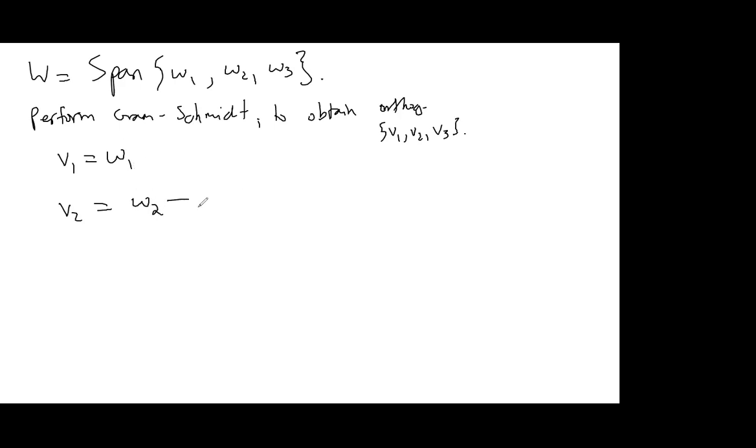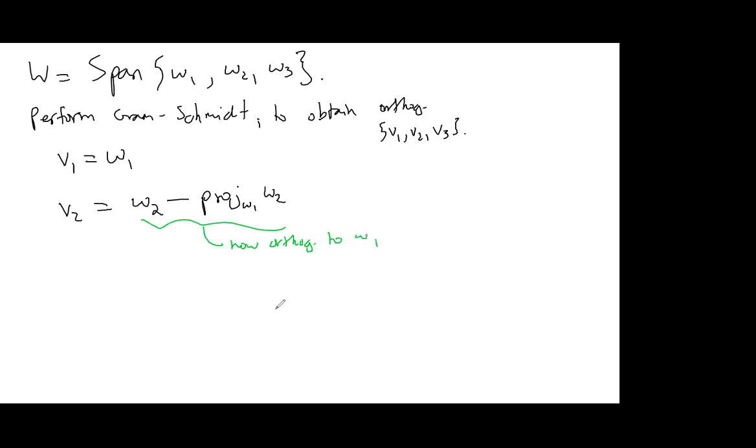And so if we subtract off its orthogonal projection onto W1, then by definition, this is now orthogonal